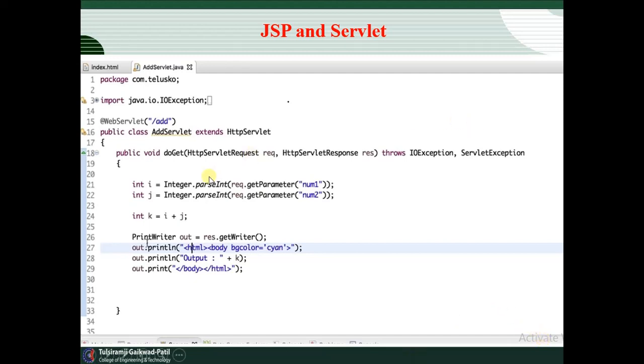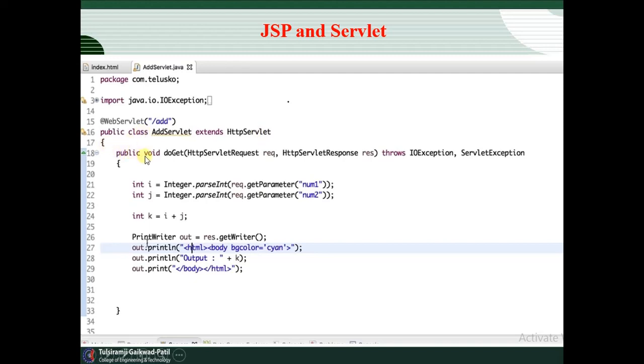Here you find the public class AddServlet. What class have we created? AddServlet, because we are going to add two numbers, and the result will be stored and displayed dynamically. Here we require to extend HttpServlet. Opening brace.